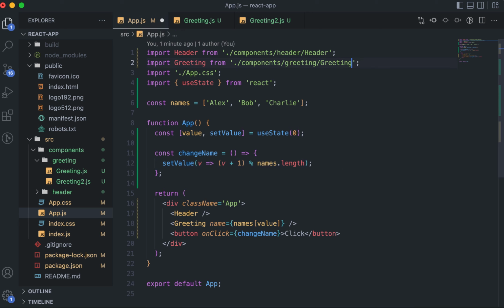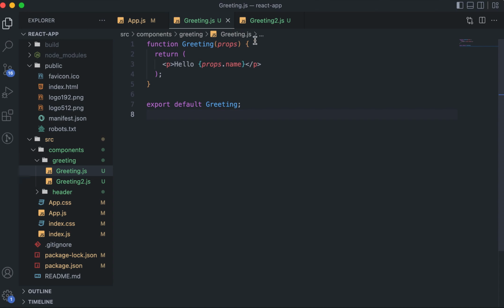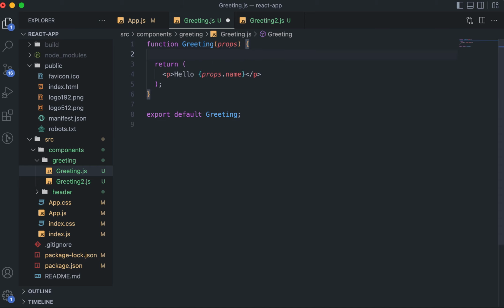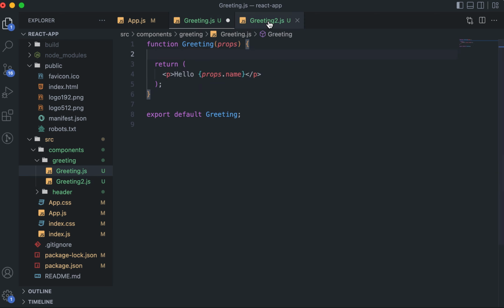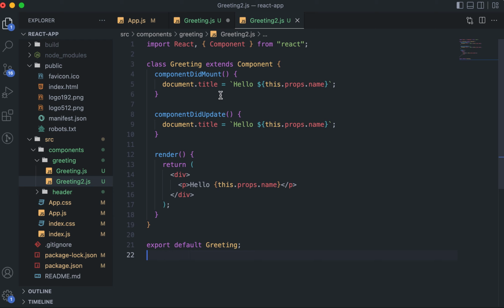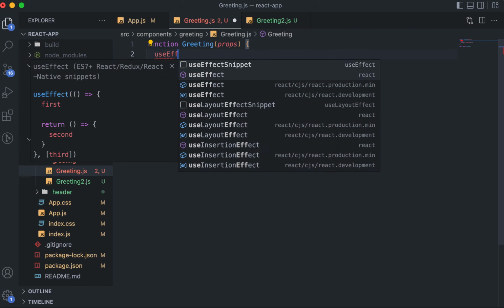So let's convert this to a function component. We are back to where just Alex will be there, because that is all it is passed. In fact, the title is also not changed because we have not done anything here, right? So here what we can do is simulate this sort of thing, componentDidMount sort of thing. Right now we'll come back to componentDidUpdate, but let's say simply componentDidMount, that sort of thing. We can write the same thing inside useEffect,